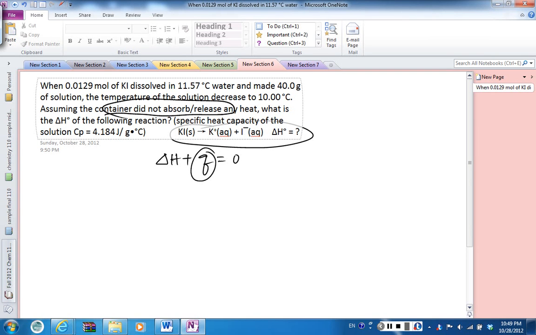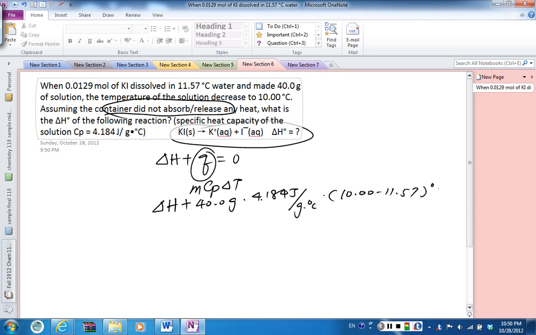Now, with the solution, you have grams, you have Cp, so naturally you know your Q here will be calculated with m Cp delta T. So plug everything that you have in there: your delta H of the reaction plus 40 grams of solution times 4.184 joules per gram per degree Celsius times final temperature 10.00 minus 11.57 degrees Celsius